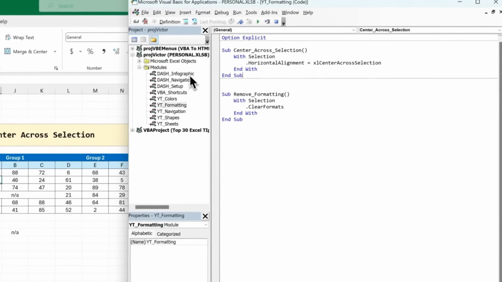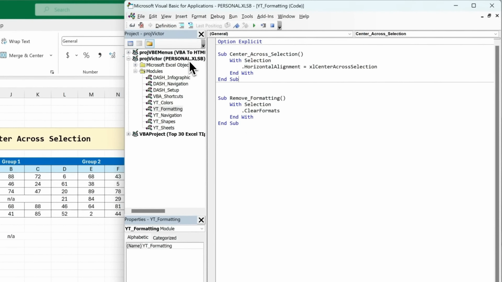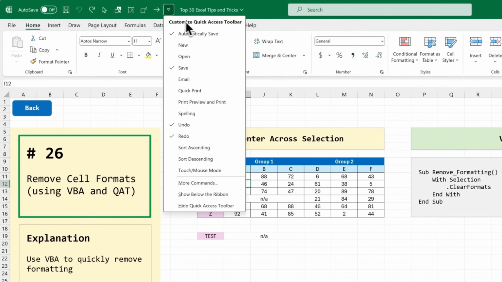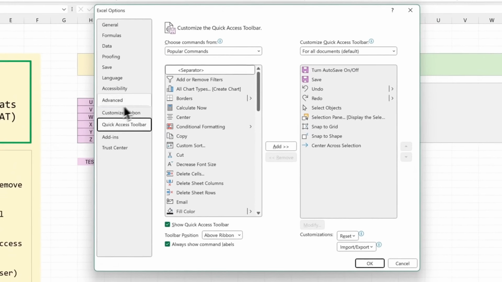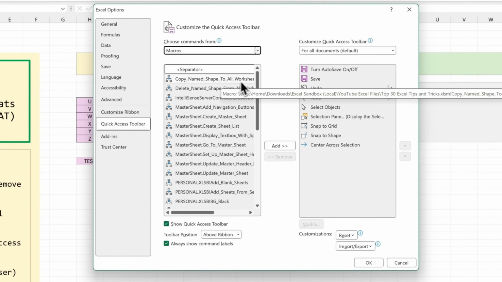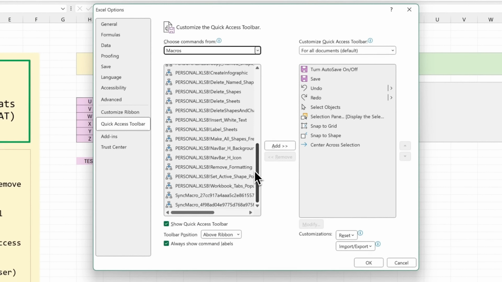So I'm going to put it into my personal macro workbook, so it's accessible whenever you use Excel. And you see this is the Remove_Formatting subroutine. So I'll head back into Excel and then click here to customize the quick access toolbar. Click on more commands, choose from macros, and then scroll down to find Remove_Formatting,